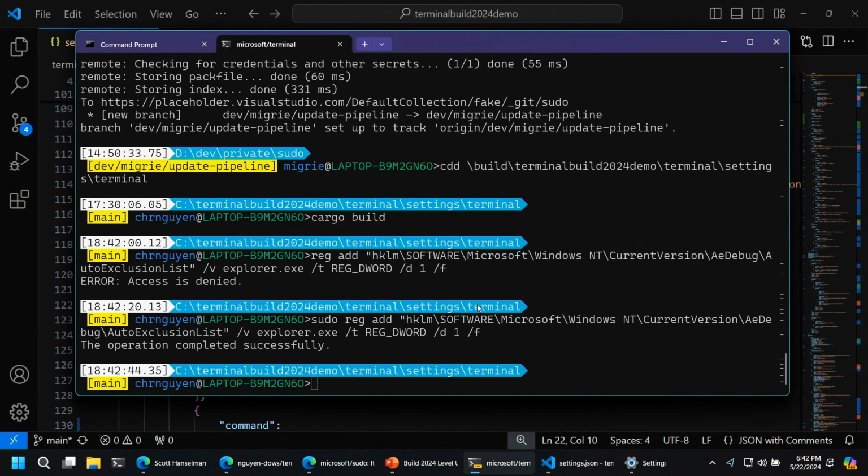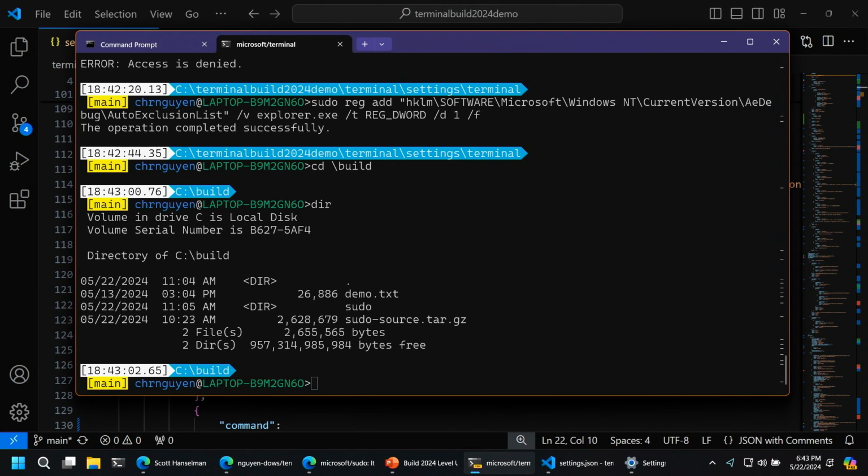Fantastic. Yeah, it's great. But there is one thing wrong with it. The problem is that everything that they showed us was open source, and I haven't seen any of the code for sudo, and it's not on the internet. But Scott, I have it right here. It's in a tar.gz file. You'll never get that open on Windows. Oh, I'll be trapped forever.